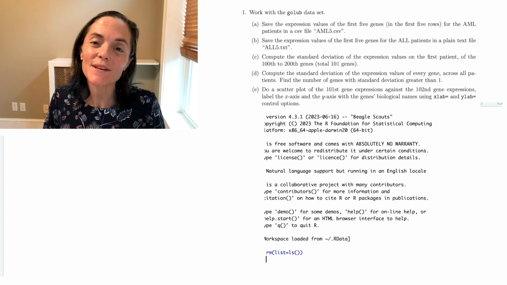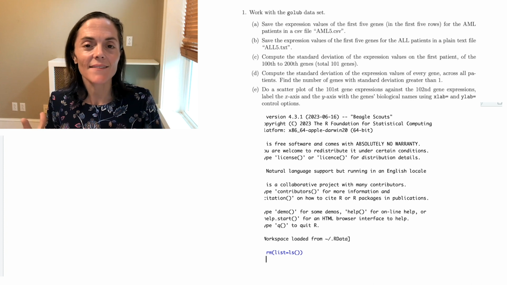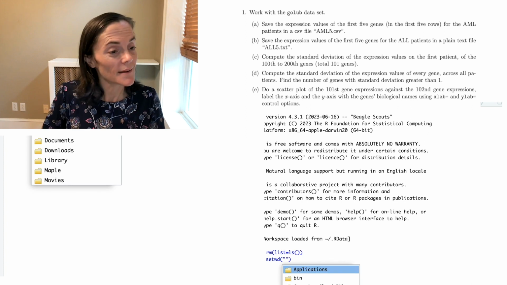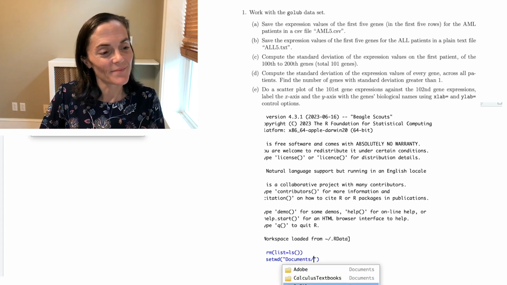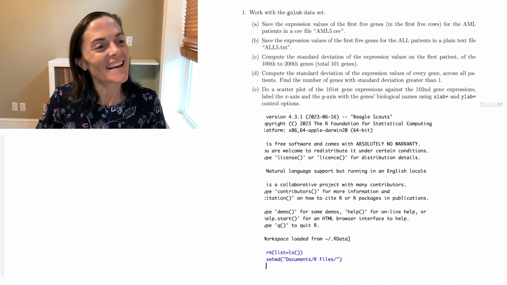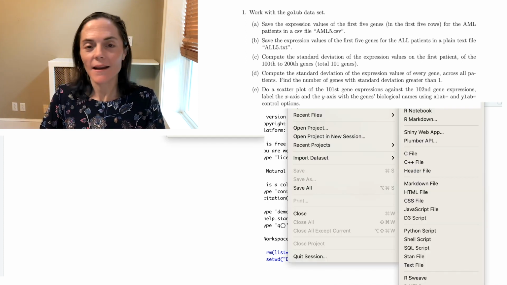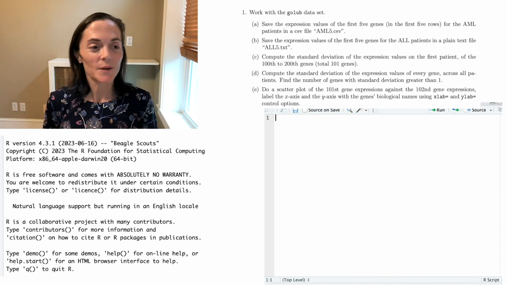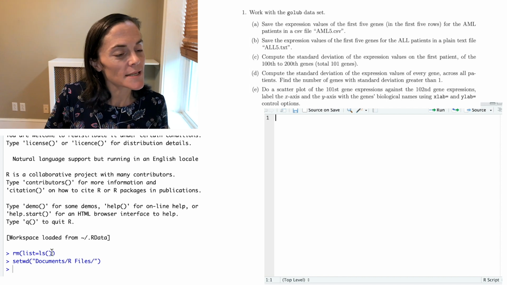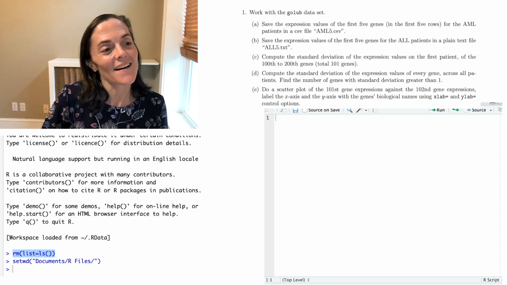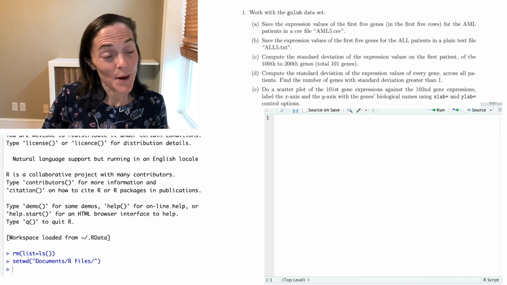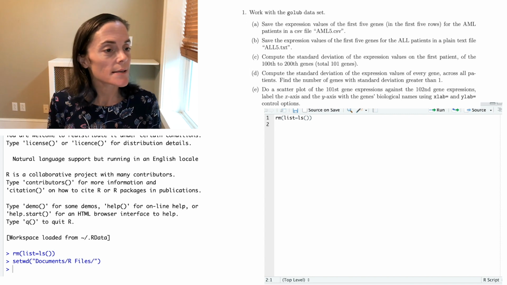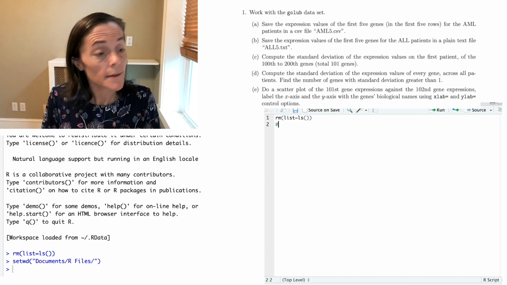Here we are in RStudio. We have removed all of the saved objects. Let me go ahead and set my working directory, and I will go ahead and create an R script. Extra practice module 2.R. I like to start my scripts just like we saw in the last extra practice video, by removing all of the saved objects. Now, number one,